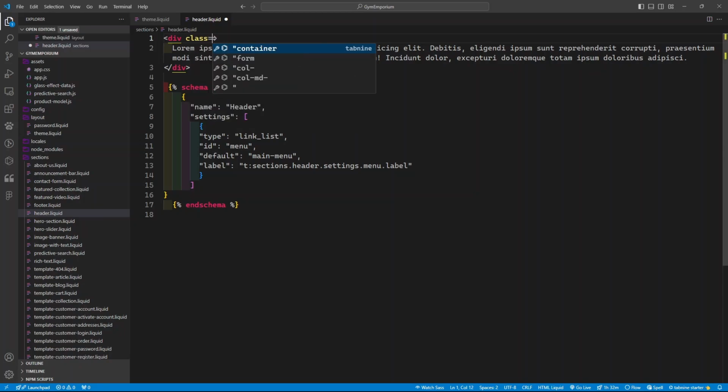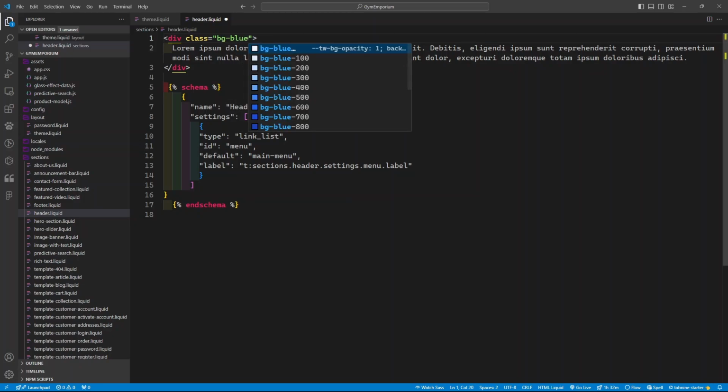In the class, to add background color in Tailwind CSS, write bg, then the name of the color, and then the shade. Shade means from the lighter version of the color to the darkest version of the color. Let's make it bg-blue-600. If we save it,